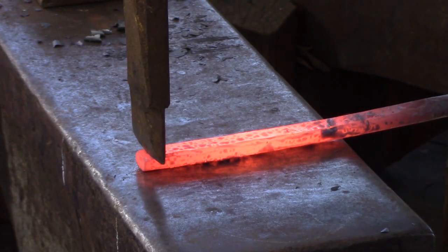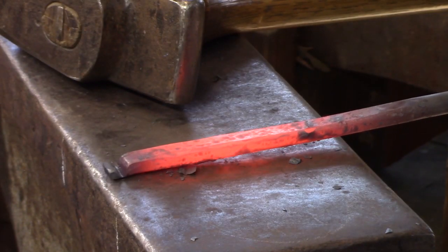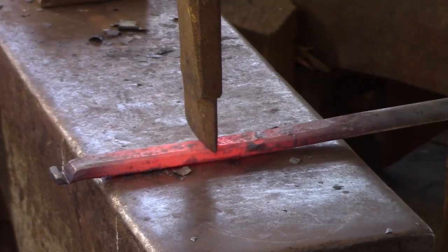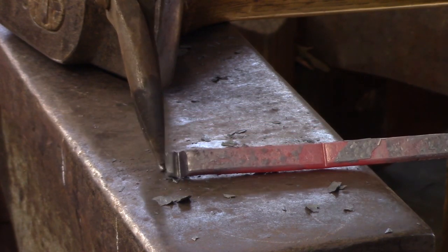In order to have the collar meet with the ends parallel, I have to trim them off to a slight angle beforehand, about 60 degrees or so, which is a chisel cut. I've already worked out my collar dimensions, not the subject of this particular video, and then I've nicked the bar there. That's all I need to do, because I need to bend this around